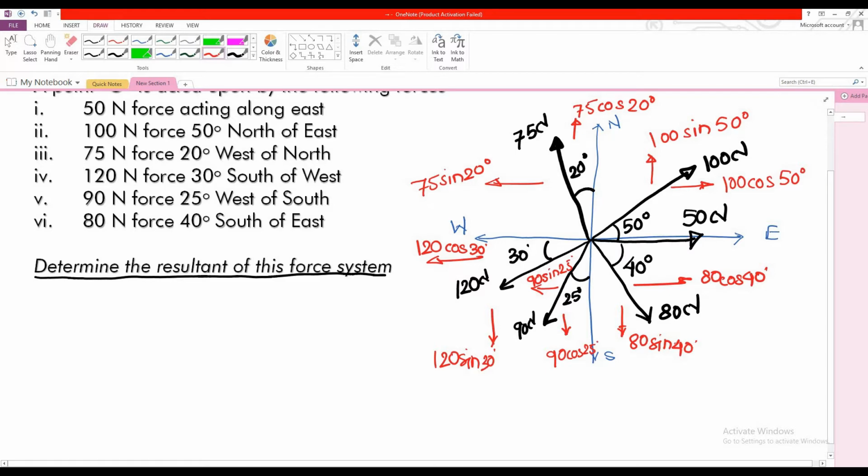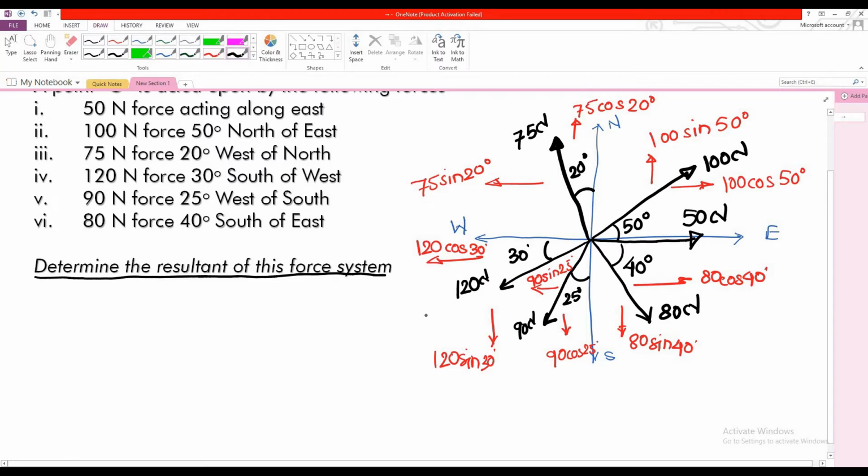Okay, the simple rule we are following is that with the axis the force is making the inclination, the component parallel to the same axis should be the cosine one. We don't have to remember anything regarding the sine component. Once you remember the rule regarding the cos component, the sine component is the one that gets left out. That's why it becomes the sine component. Therefore we are over with the first step, that is the resolution of the force system, resolving the forces.